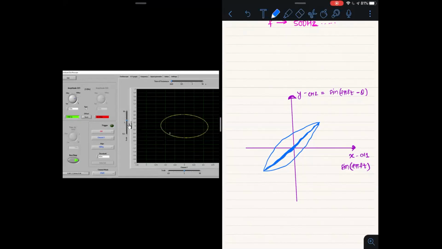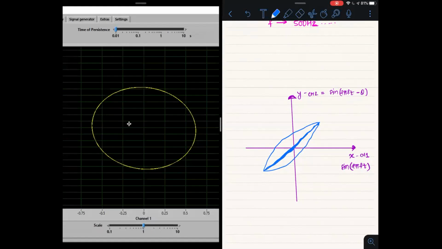If you keep this phase shift at 90°, just see what is happening. Actually, both the scales, this is for channel 1 and this is for channel 2, you just put on the same scale. Just put both sliders at the same amplitude, so 1 and 1. If you do that, you will be able to see a circle kind of thing.